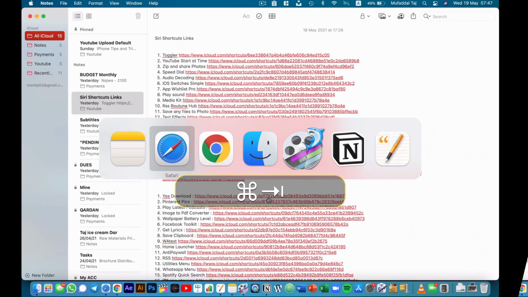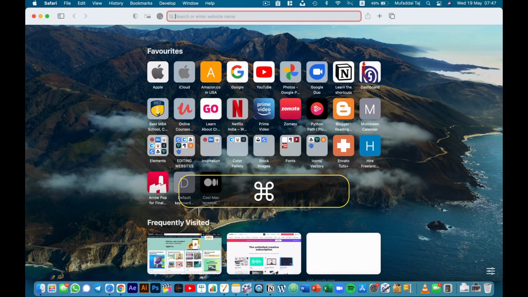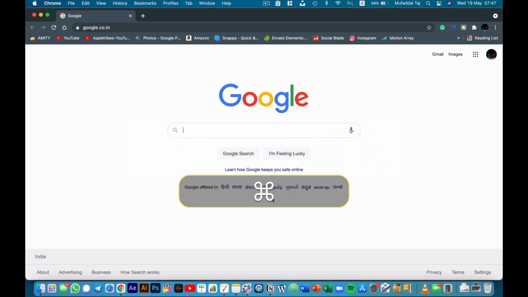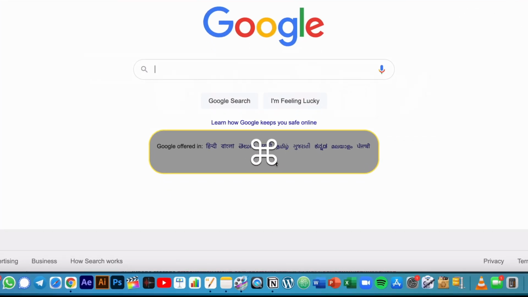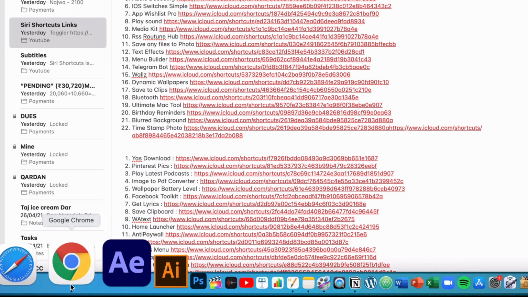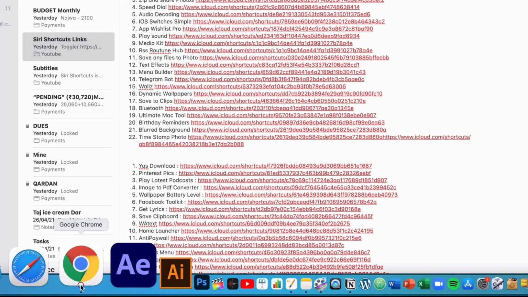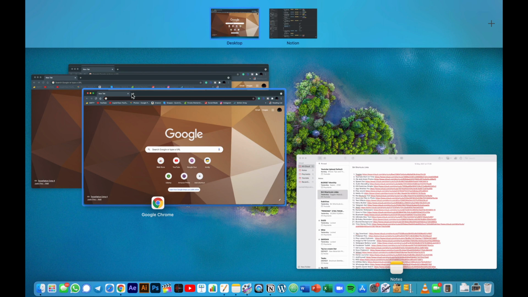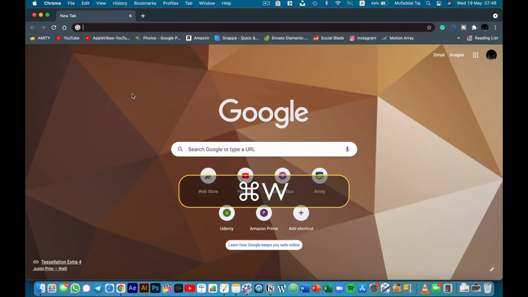Unlike on Windows, on a Mac you can quit the app by using Command plus Q. But you can also close the app instead of quitting it. So when we use Command plus W, the window will close and it may seem like you have quit the app, but the app will still be running in the background. And a dot on the icon of the app tells us that the app is still running. Also, if you have 2 to 3 windows open together in the same app, use Command plus W to just close a window and not quit the app itself.